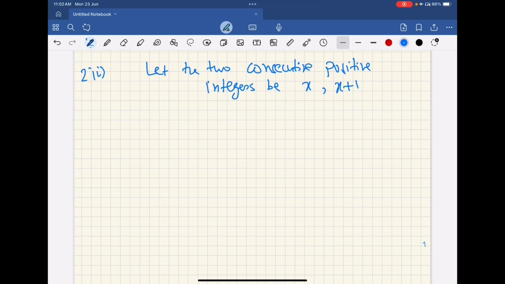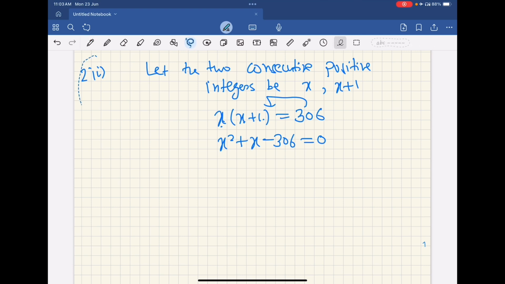Now according to the question, the product of two consecutive integers is 306. So we have to take the product, so x into x plus 1 equals 306. Now x into x is x square, x into plus 1 is plus x. 306 comes to this side, becomes minus 306 equals 0. So this is how we form the quadratic equation. Okay students, now let us move to the